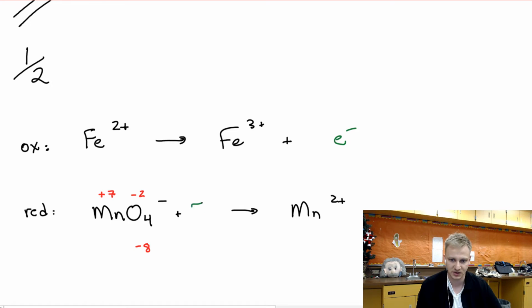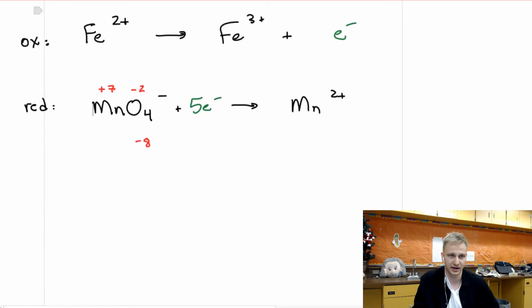And so what we end up doing is adding 5 electrons at this stage here. And again, this 5 electrons is only based on the manganese. Right now we do not care about the oxygens, we do not care about the hydrogens. We will address those later. Okay, so that's